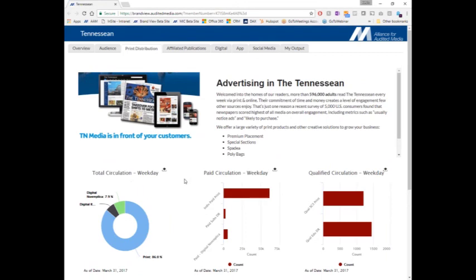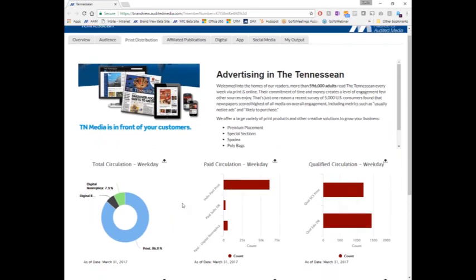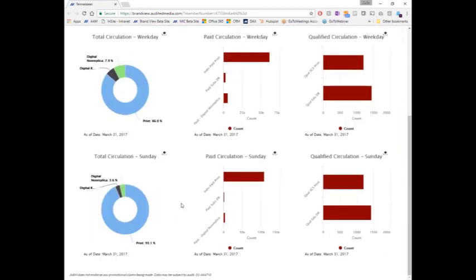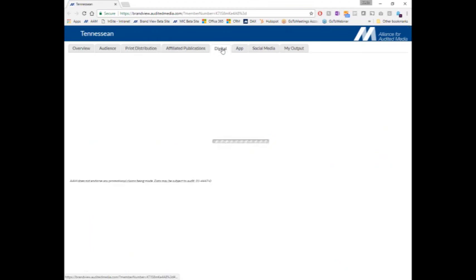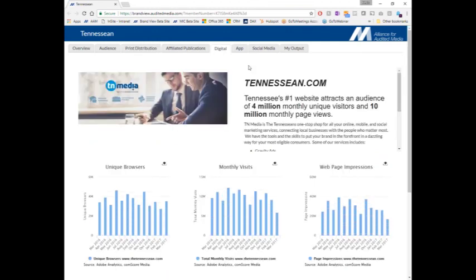Yeah, sure. Well, I think there are several channels here. The three top ones that we tend to focus on with the ad community, and we have a lot of dialogue with the ad community, are our audience, print distribution, and our digital growth. You know, we're an affluent market and a growing market. We also are a young market. So we tend to focus on the stories that are unique to us and give us a competitive advantage in the marketplace. And so what you're seeing on the audience tab are